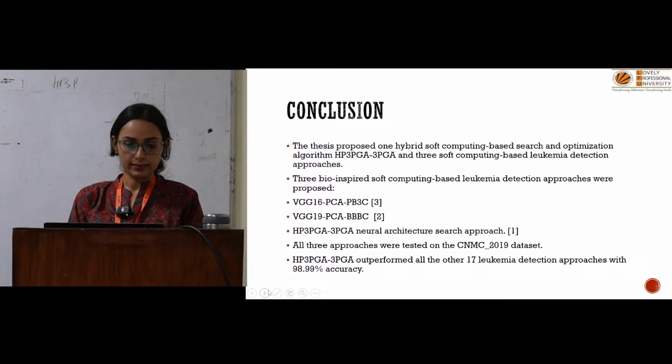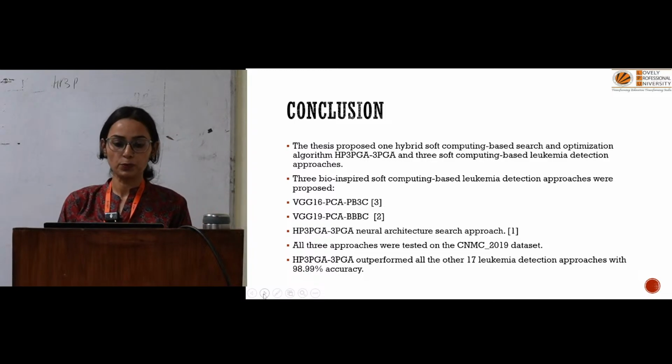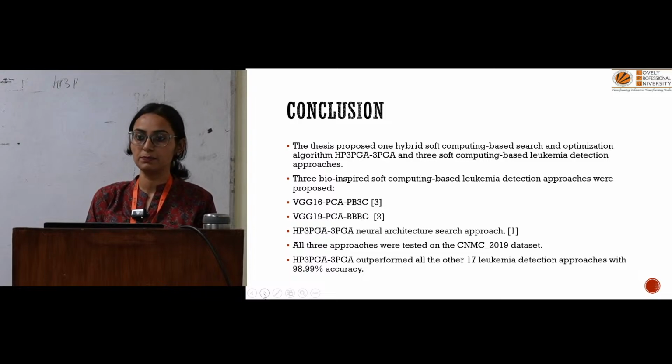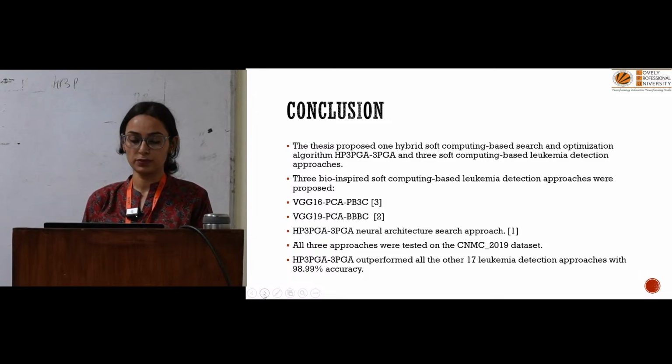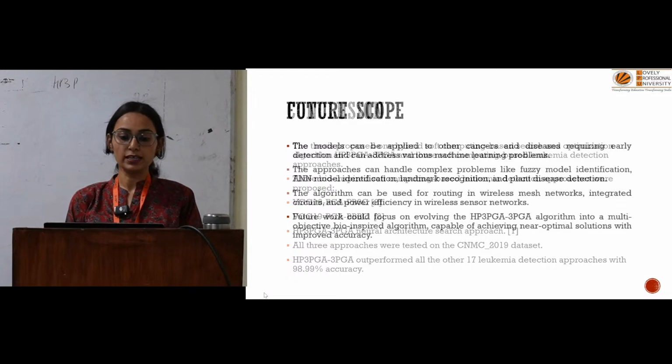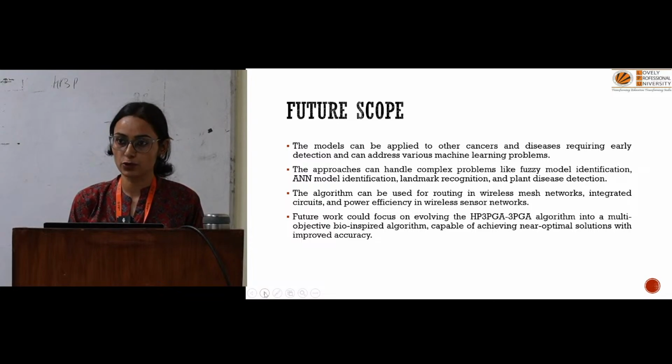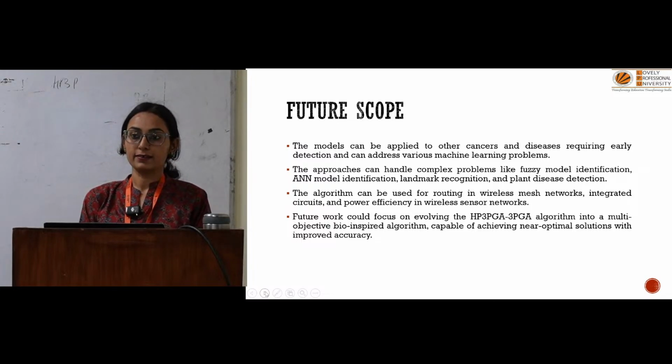To conclude this thesis, overall we have proposed one hybrid soft computing based search and optimization algorithm and 3 soft computing based leukemia detection approaches: VGG 16 PCA PV3C, VGG 19 PCA PV3C, and HP3PGA 3PGA neural architecture search. Overall, HP3PGA 3PGA outperformed all the other approaches. In future, this model can also be applied to detect other types of cancers and diseases. When you would like to apply it to others,